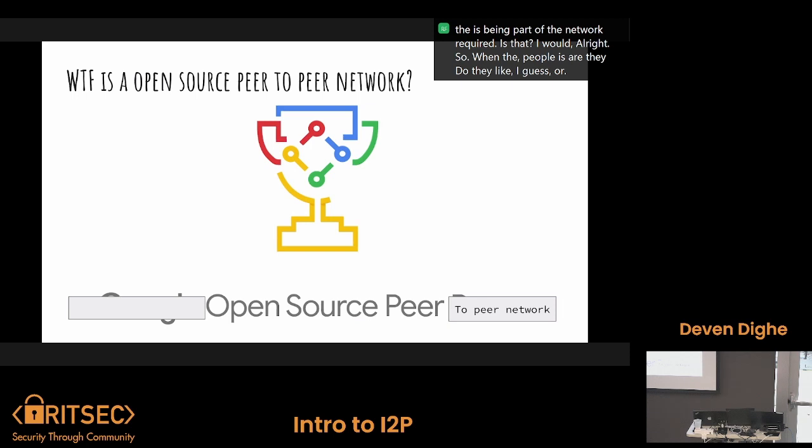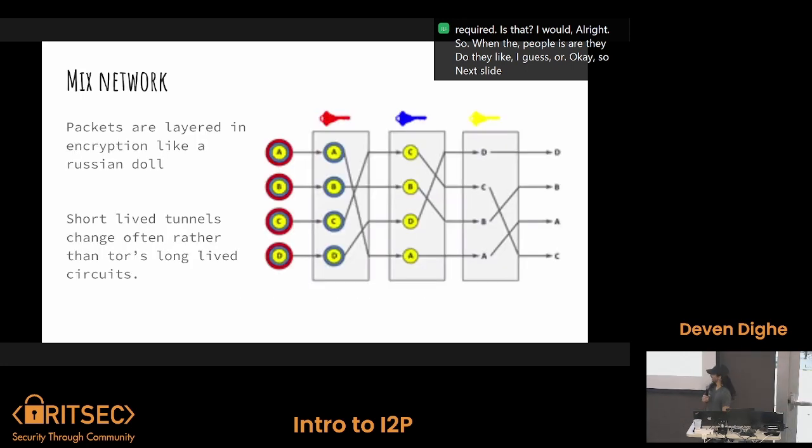Okay, so next slide. It uses a mixed network. So every single node on the network, every computer on I2P's network, is generally opted in to sending messages. Everything's encrypted with keys and cryptography and stuff.